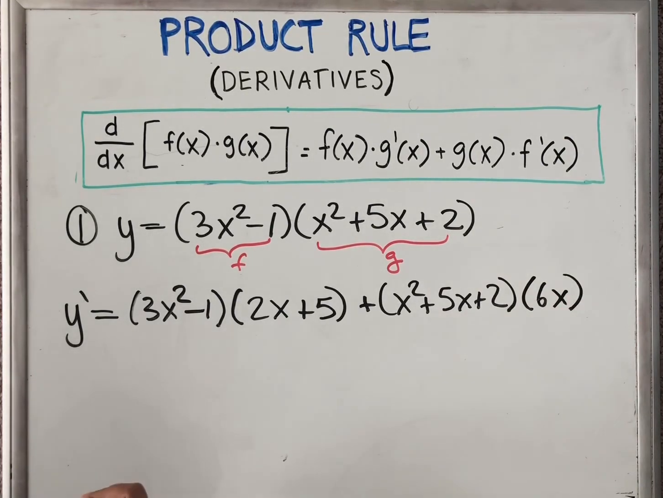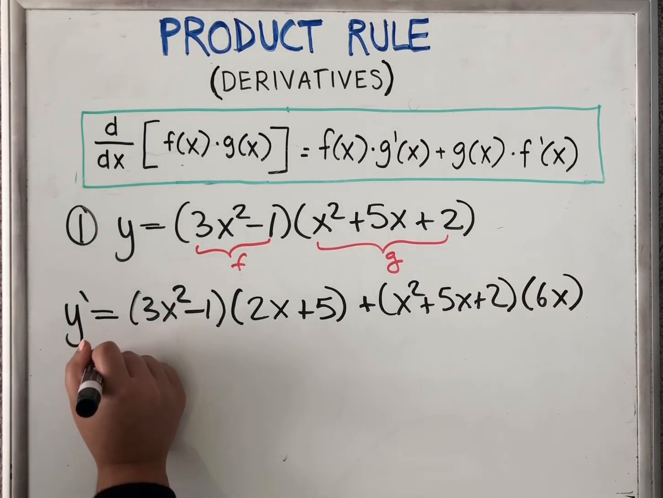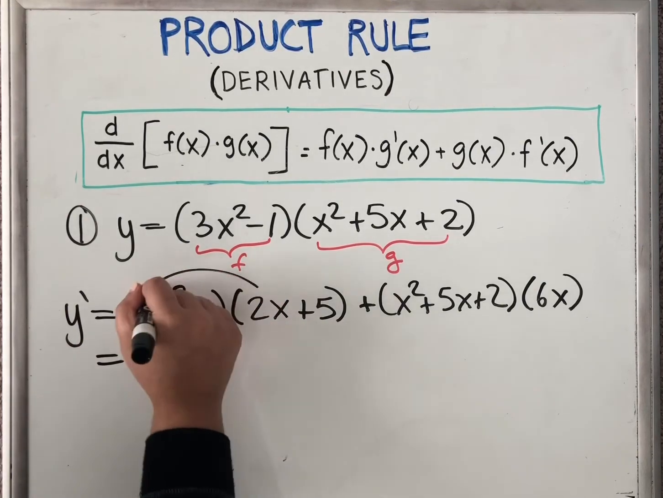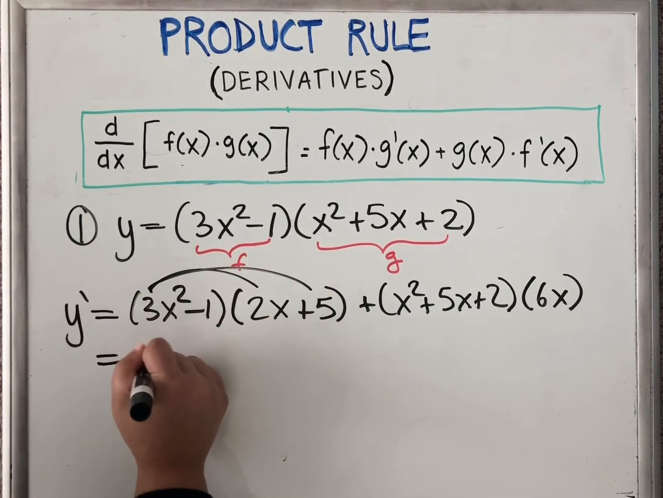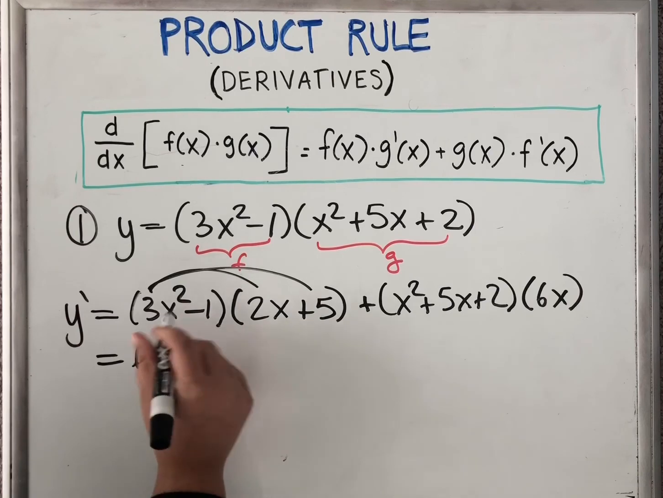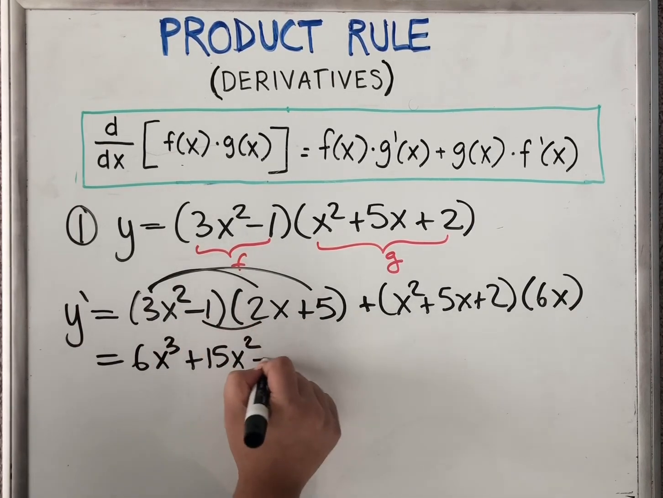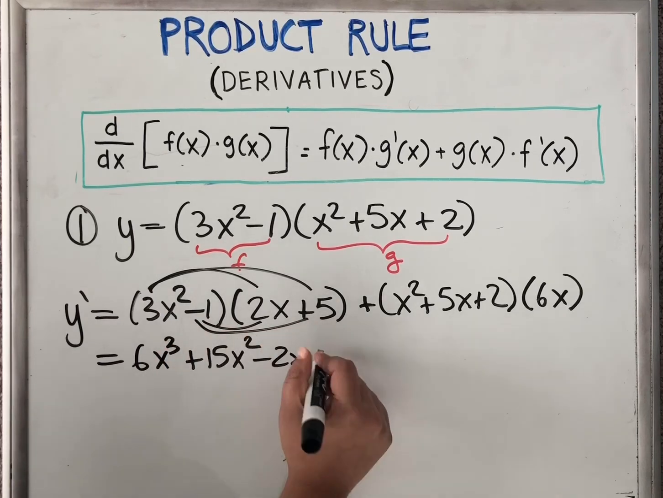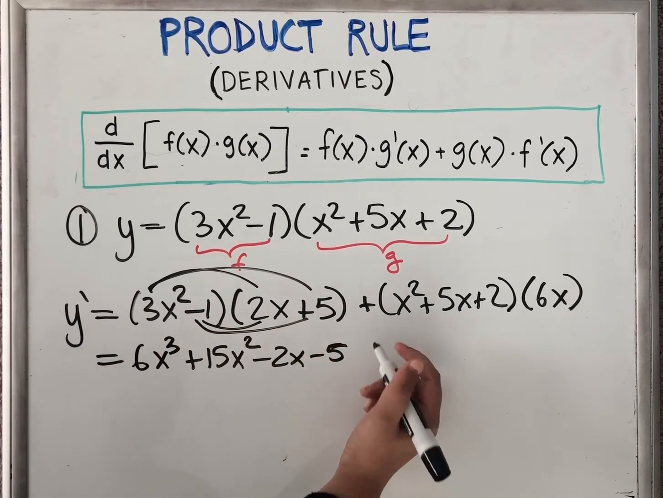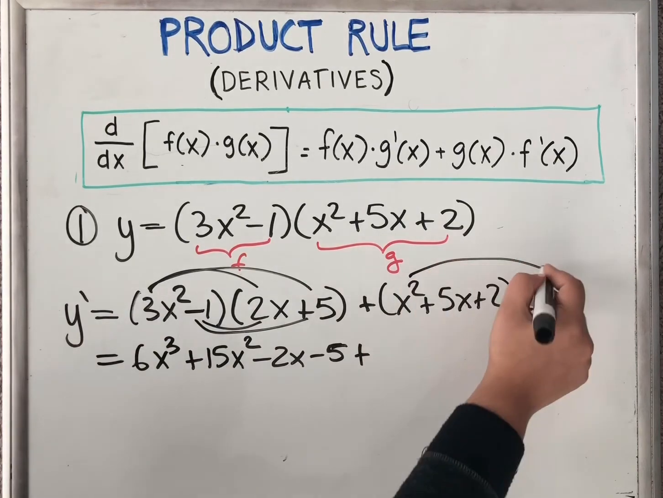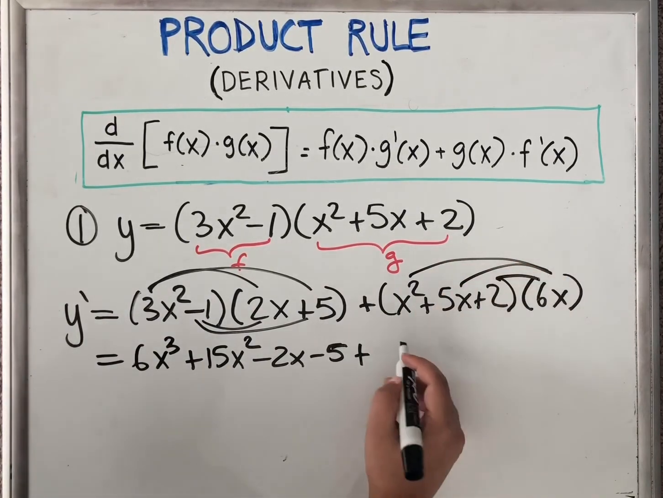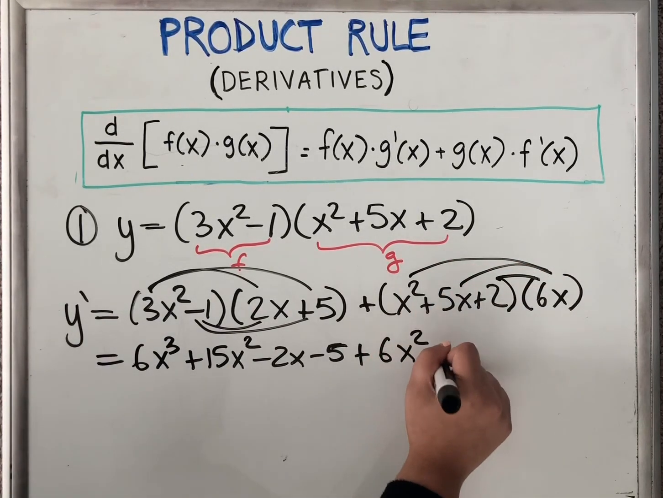Alright, so now we can go ahead and FOIL through this. So this equals, I'm just going to FOIL that there. So 6x cubed plus 15x squared minus 2x and minus 5 plus same deal here, right? So we're going to get a 6x squared plus